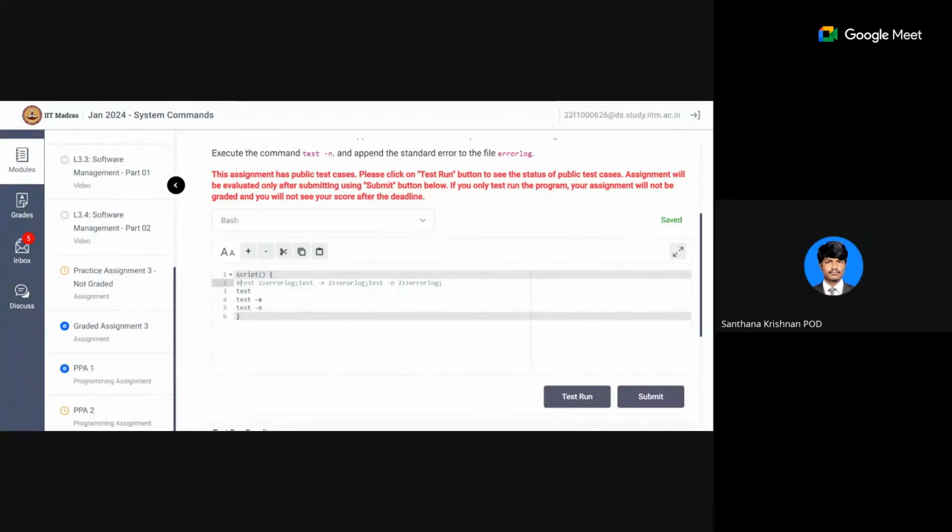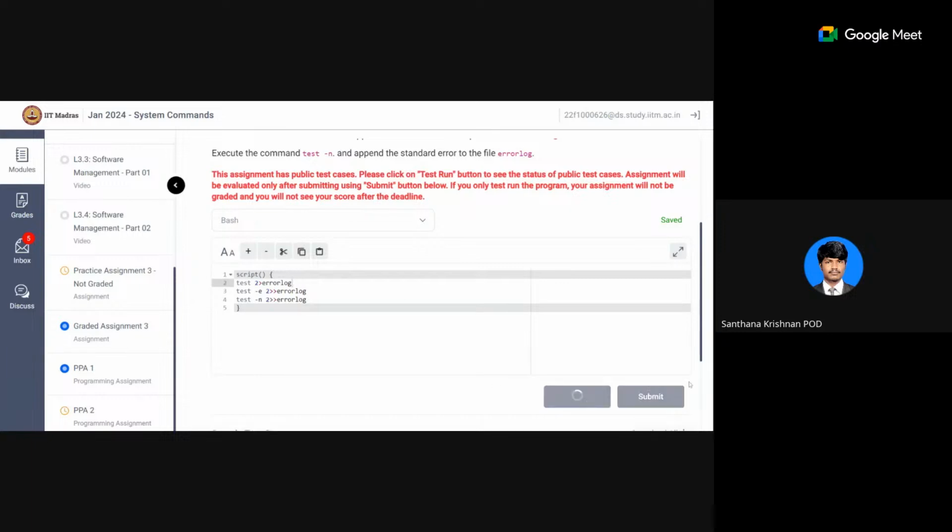I mean, what you have done. Okay, understood. Your second line has a spelling mistake: EROR. It should be ERROR log, right? Yes. So whatever, it's exactly the same. There is a spelling mistake in the file name that caused the issue. Apologies for the mistake. Even I was not able to figure it out.